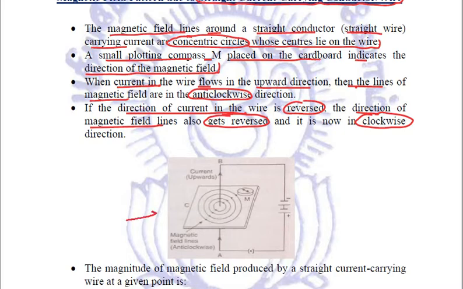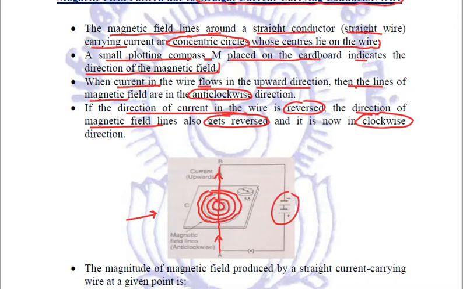So in this figure we can relate that we have taken a straight current carrying conductor, and on connecting with the battery and allowing the current to pass through it, the magnetic field will be produced, and the magnetic field lines will be in the form of these concentric circles around the wire carrying current,